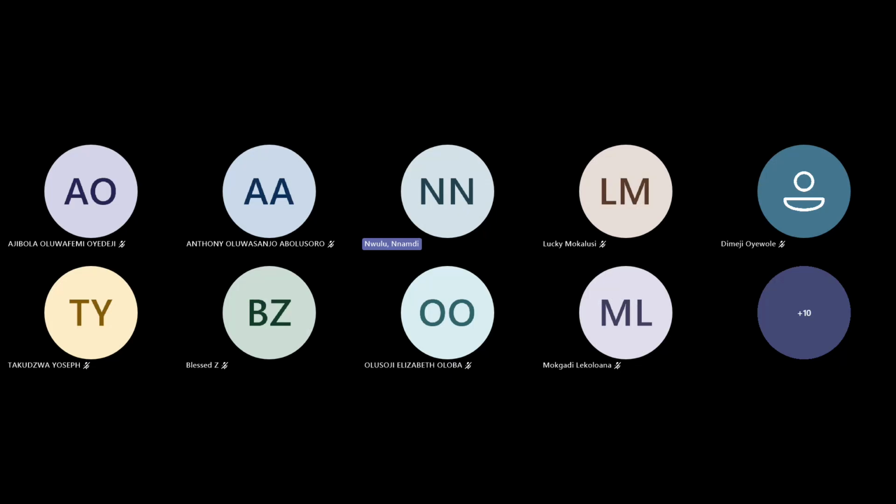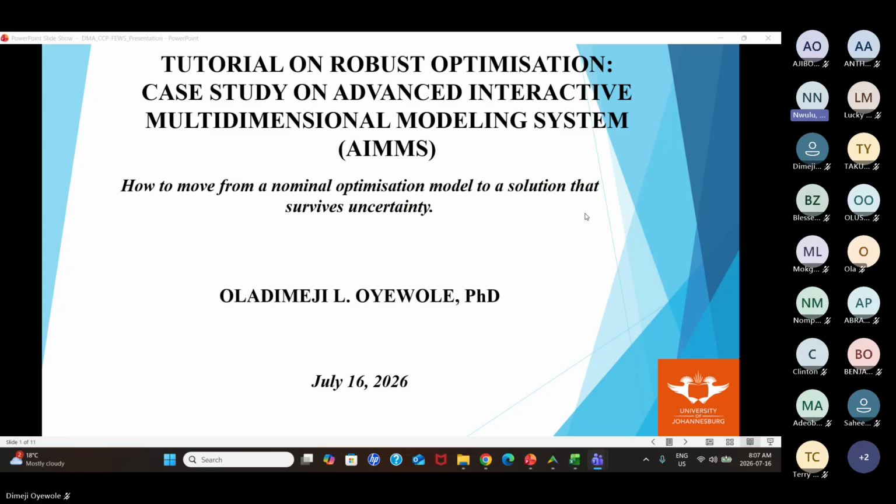with us, right? He has a very impressive track record in terms of publications from his PhD thesis, published in all high impact journals. And then one of the key approaches he used was robust optimization. And I felt that it would be good for us to have this session where he teaches it himself. Okay, Dr. Oladimeji, over to you. Thank you for joining us.